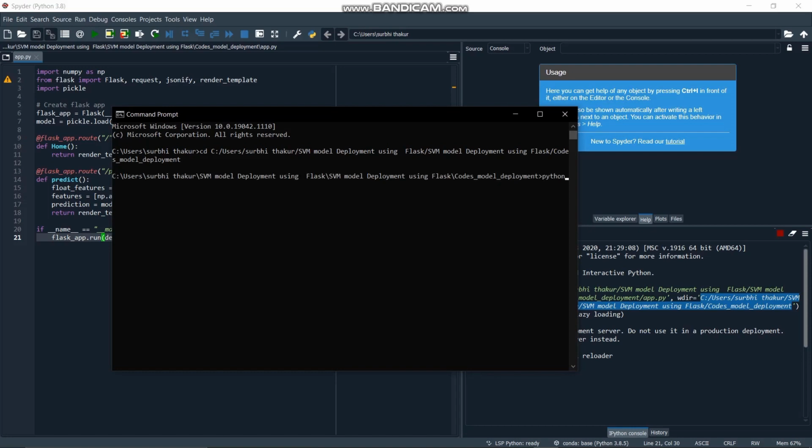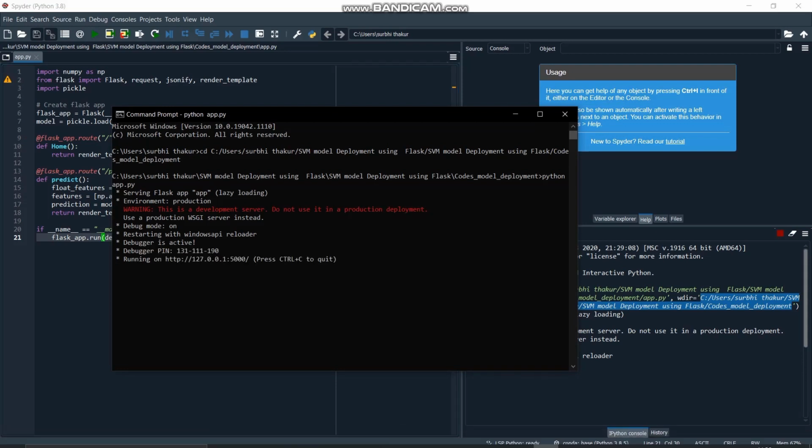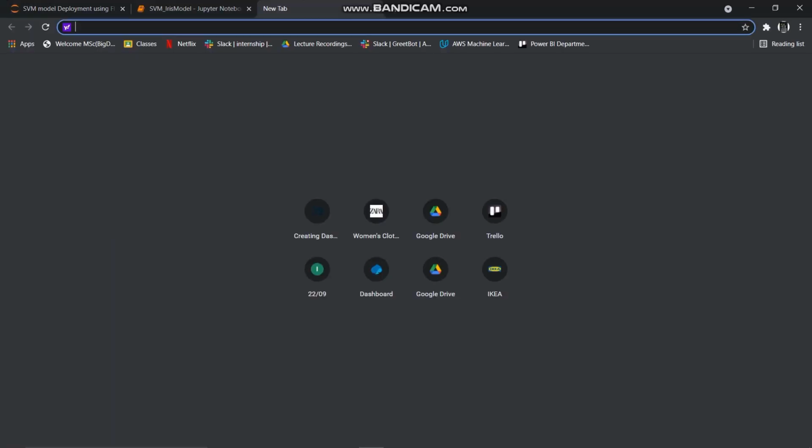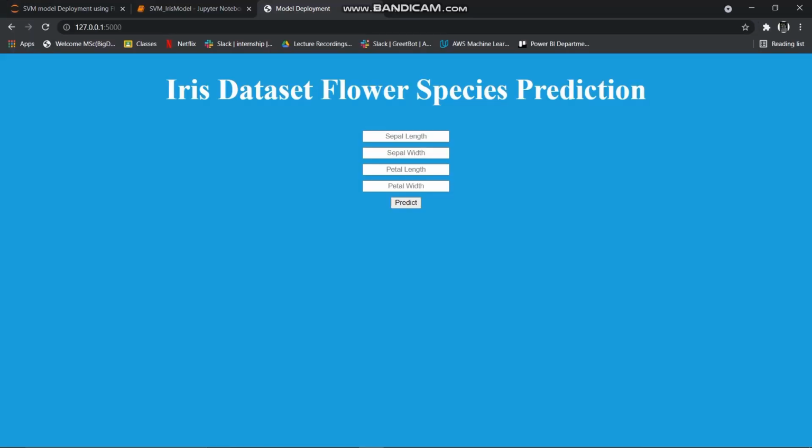So I will run my file, and as you can see, an address will get generated on which our web app will be running. We will copy this address and open it here, and as you can see, this is the web app that we have created.